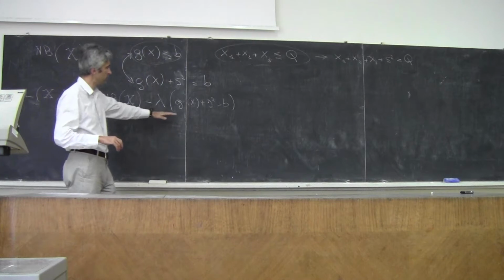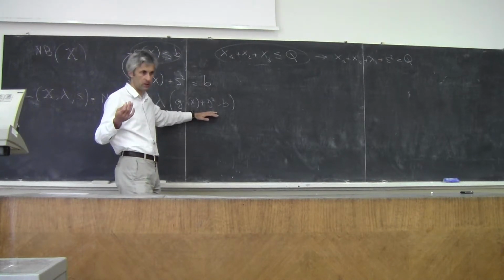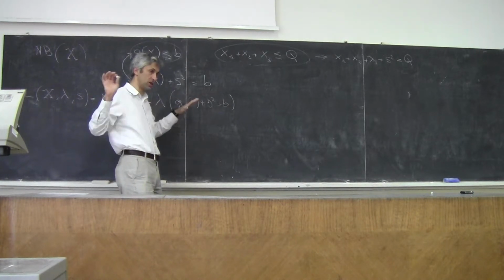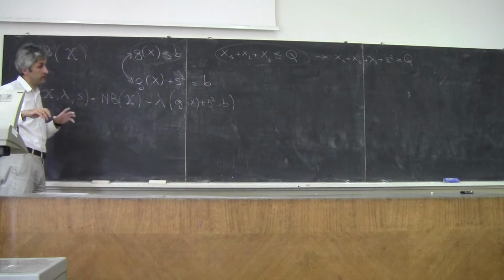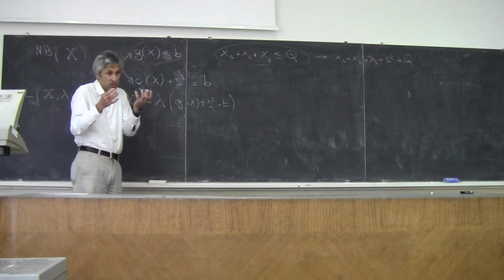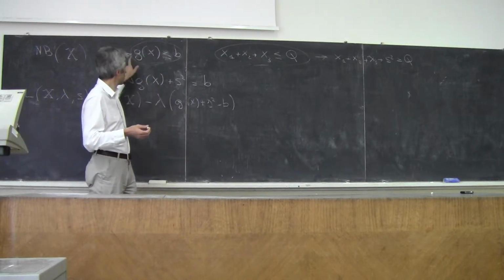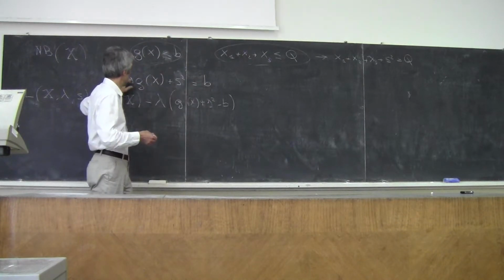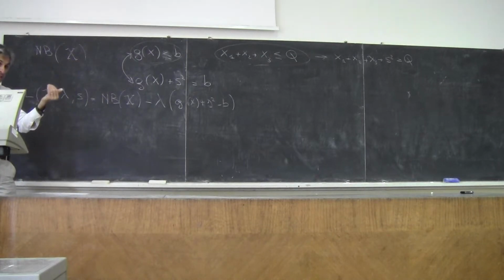Because you see, s is not multiplied by x. And therefore the derivatives with respect to x don't change. Even the derivative with respect to lambda, in principle, doesn't change, because this derivative only repeats the constraint. So you get the constraint again expressed in this way. But I have one additional derivative,